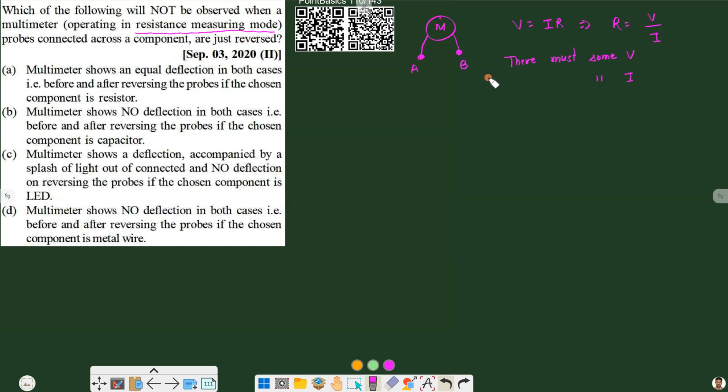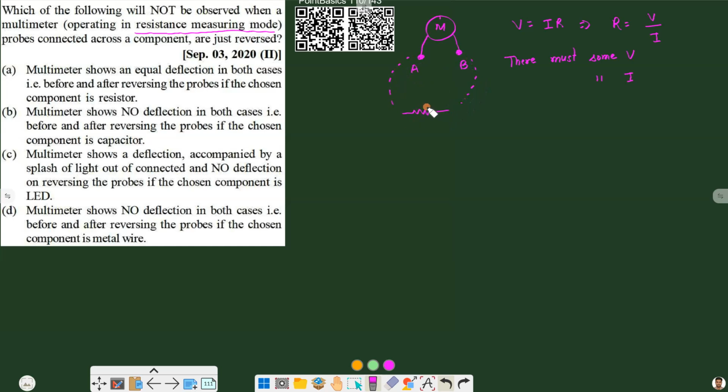So this will be the basic working of the multimeter in the resistance mode. Now coming to the point A. Multimeter shows equal deflection in both cases, before and after reversing the probe, if the system chosen component is a resistance or resistor. So if we choose some resistance and connect A and B points to its terminals,